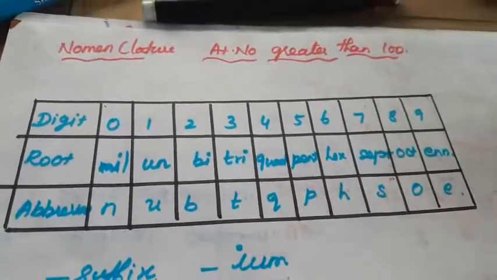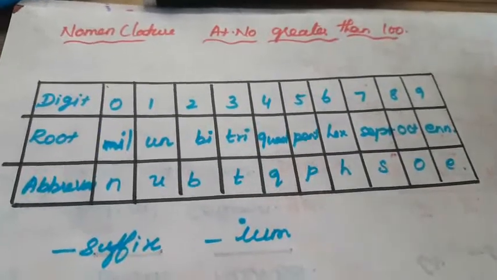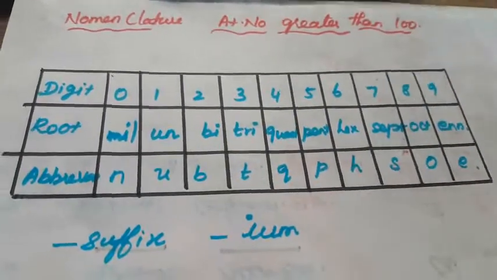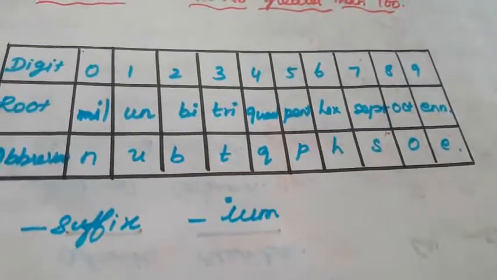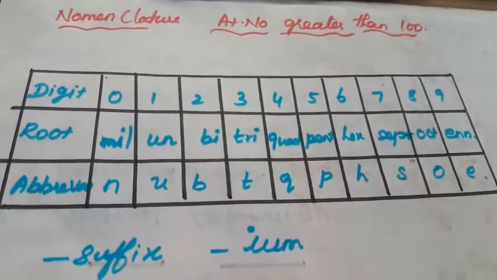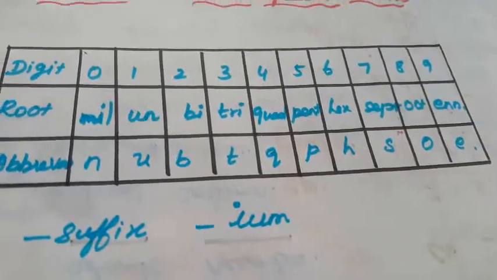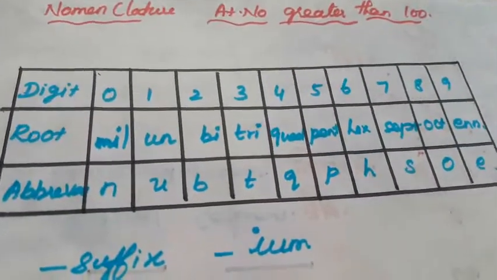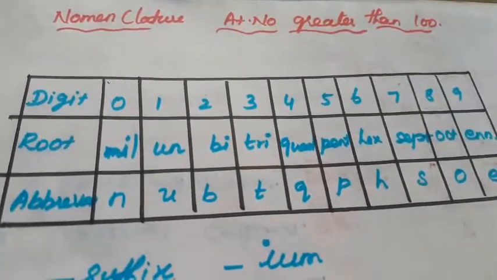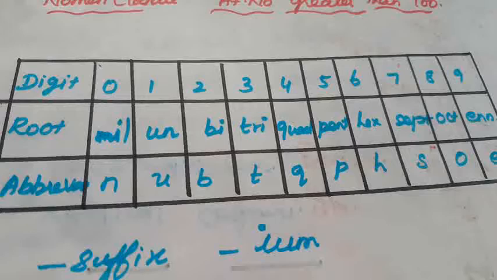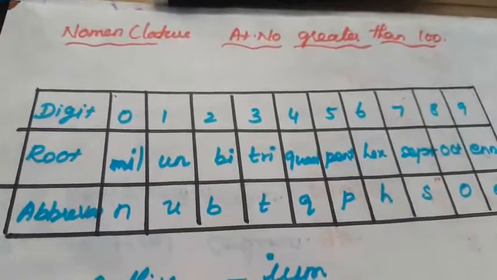Next we are going to see the nomenclature, how to name newly found elements with atomic number greater than 100. Usually a new element is named after the person who discovered and published it. But before approval, they temporarily give a name according to the IUPAC rule, derived from the atomic number greater than 100.